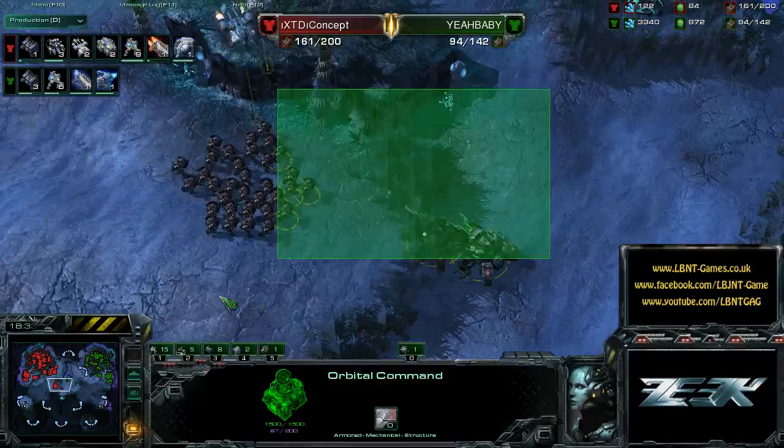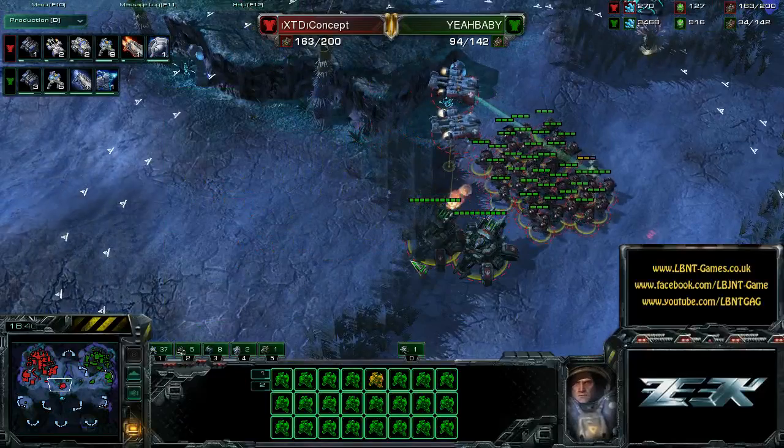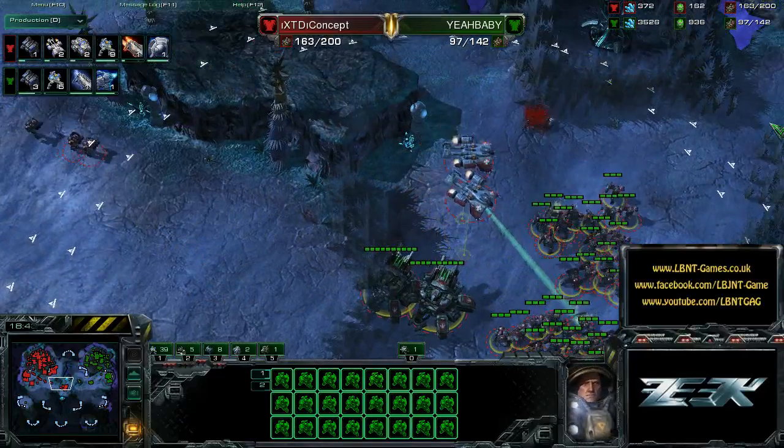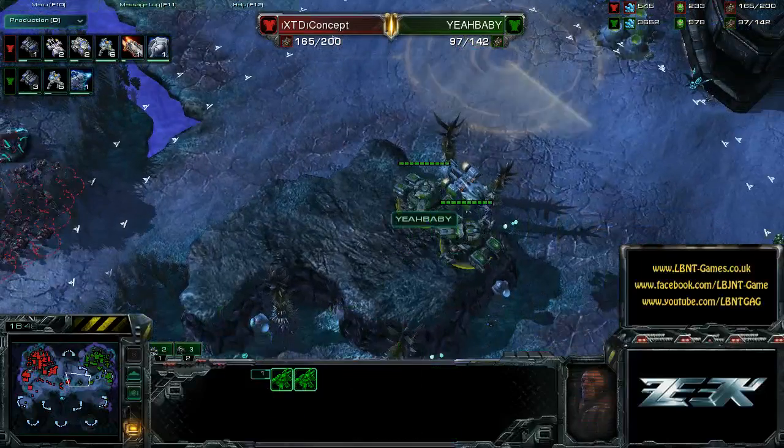He can just sacrifice his units and just remake straight away, as long as he continues to get those production facilities up. And there we go. He's just going to bait the Marines out. So 2 tanks on the high ground. Nice, he needs to keep his...